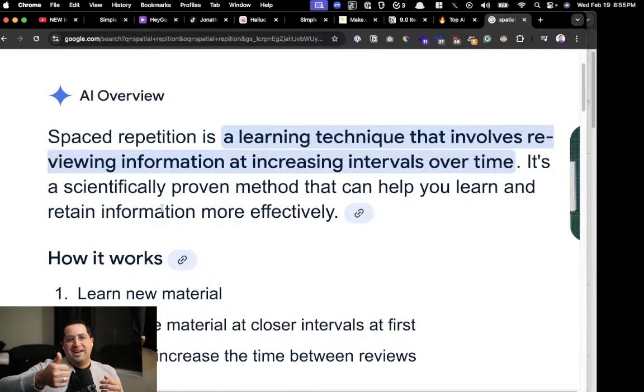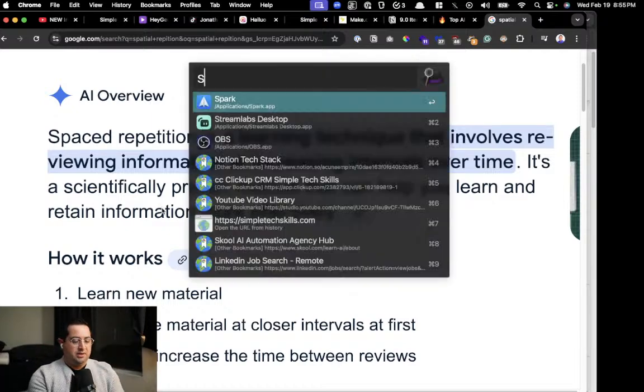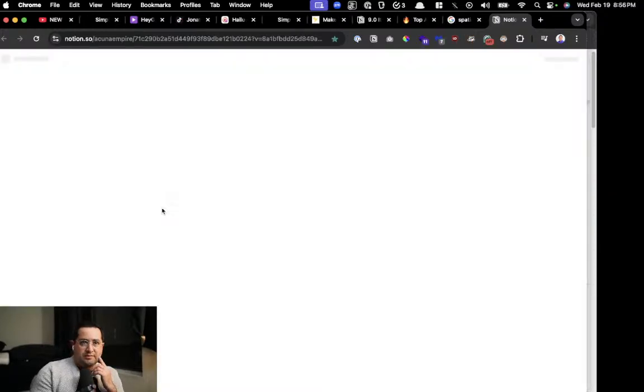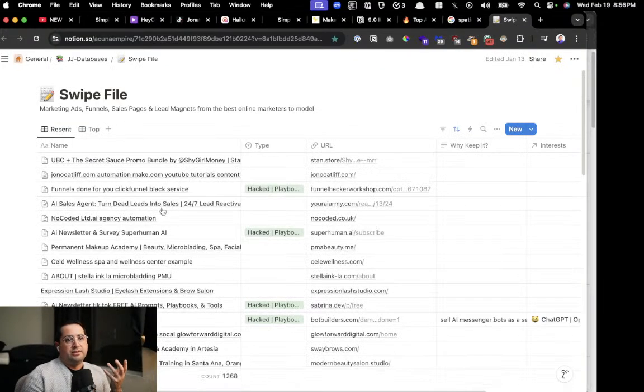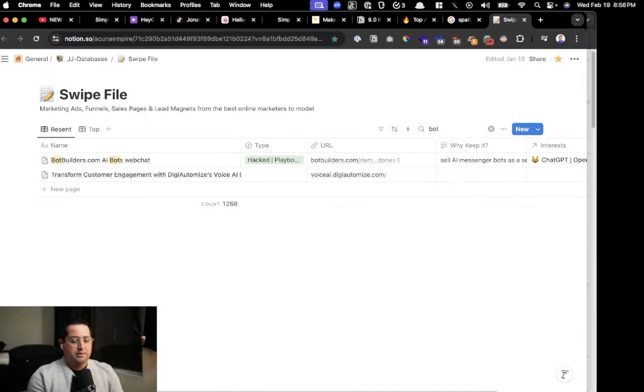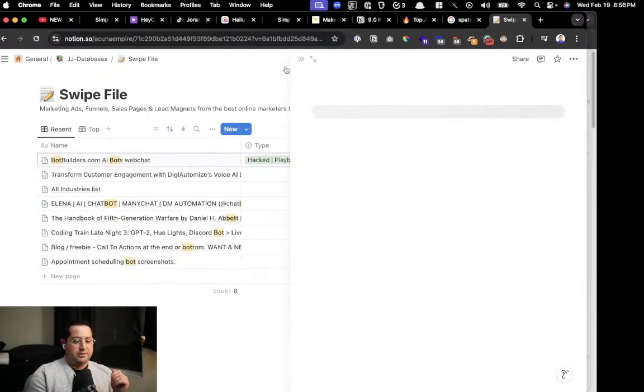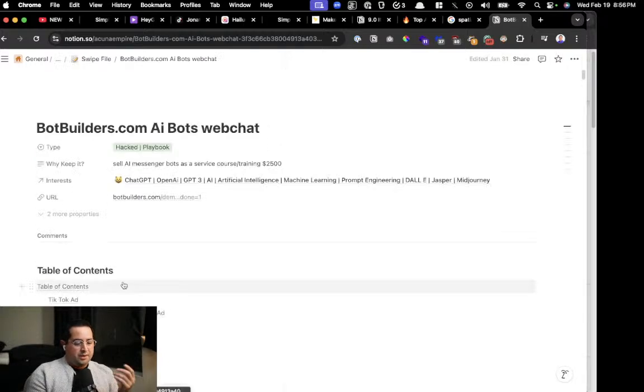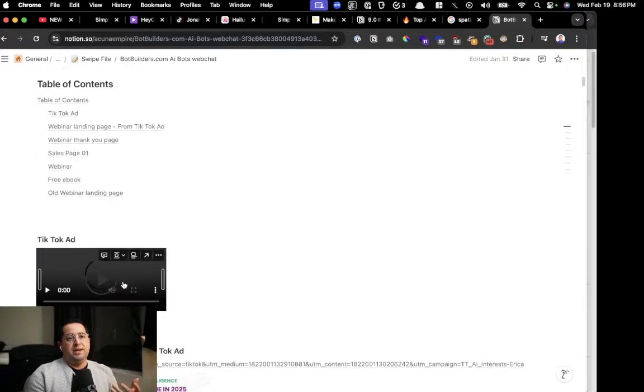You could put text, PDFs. This is probably the best one for multiple files in one place. This is my swipe file for all 1,200 marketing funnels that I study, because if you're a marketer, you should study funnels if you want to know how to build funnels, not through courses. So this has multimedia in one file.